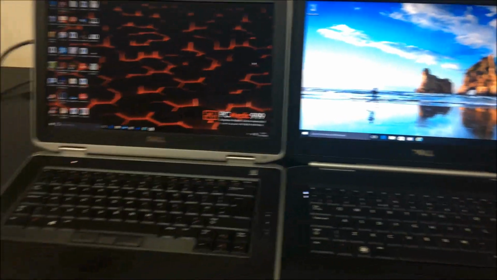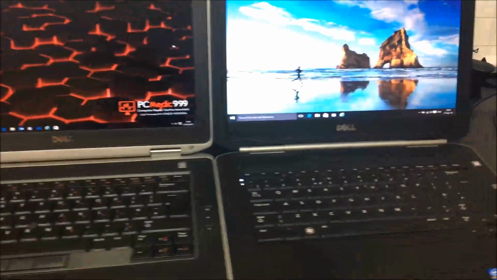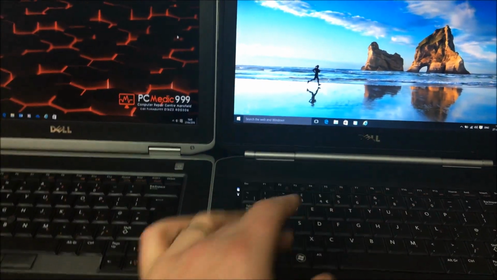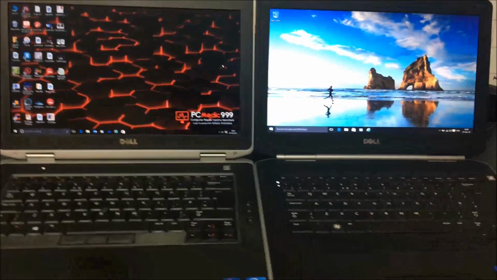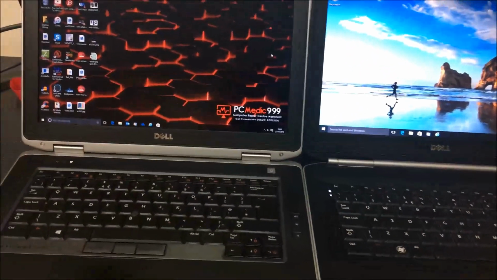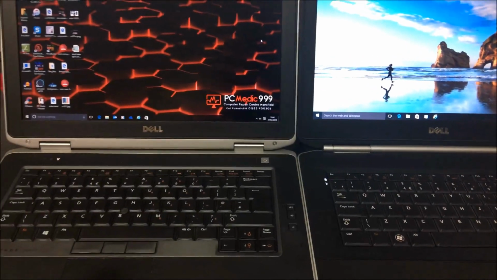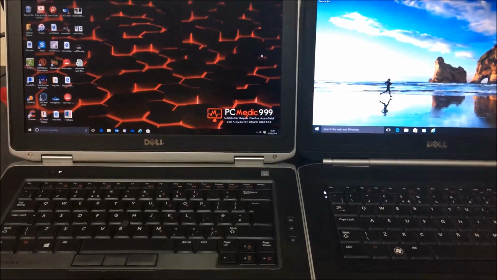So theoretically, if the adverts would have you believe the more gigabytes you've got, the faster it will be. So this has got 10 gig of RAM, and people are obsessed. They come into our shop all the time saying, I need one with lots of gigabytes of RAM and lots of gigabytes of hard drive. That does not make a computer faster. It's the processor, and that's the number one thing you should be looking at when you're looking at a machine,